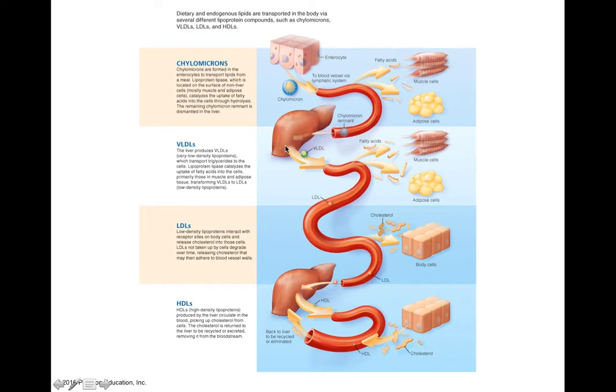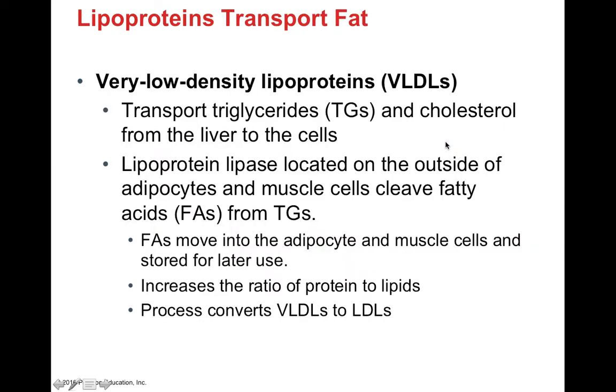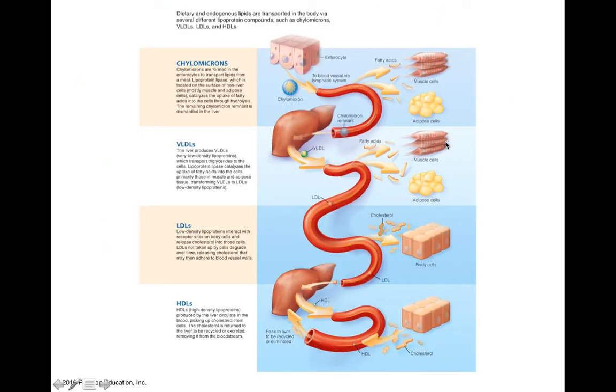Once it gets converted to VLDL, we're going to have more fatty acids broken off. More of that's going to happen by muscle cells and adipose cells, which have lipases. Eventually that VLDL becomes an LDL. We've lost a lot of the fat, and now we're going to have the remaining protein. LDLs are going to have a lot of cholesterol left, as I mentioned previously, right? LDLs have the highest amount of cholesterol. We've gotten rid of the fats one piece at a time, and now what's left? Mainly cholesterol and those phospholipids. So the cholesterol is going to be broken down